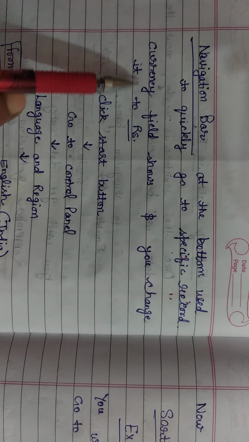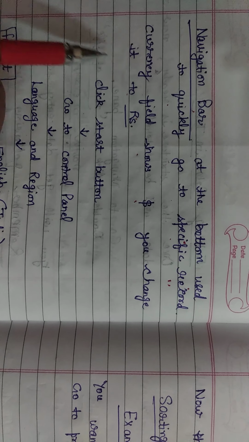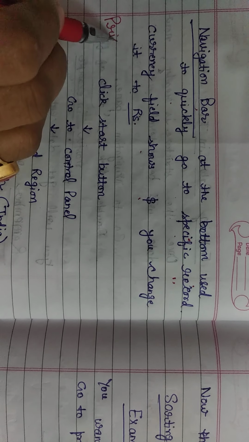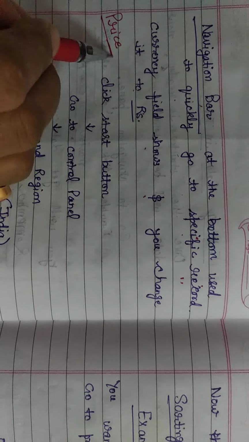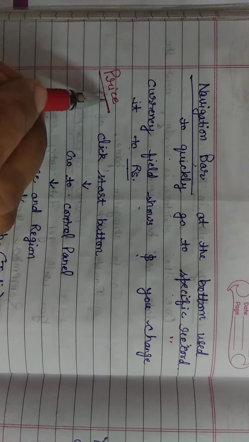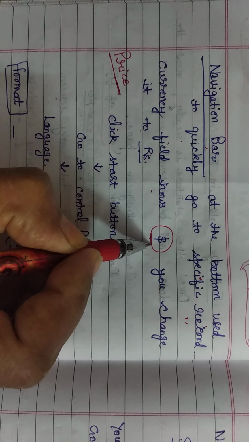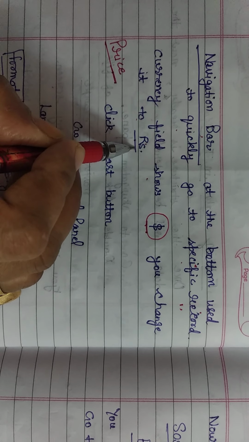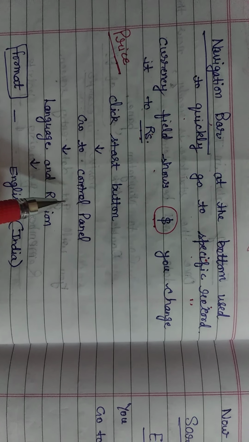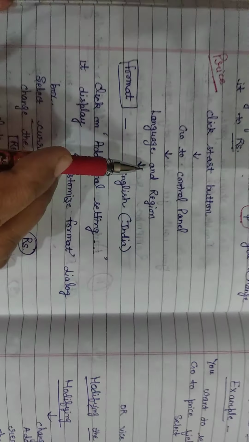Now the currency field shows the dollar sign. In price, we have taken in the example the price of the book. There you will fill the price in rupees, but by default you will find the dollar sign there. Now, since we are living in India, we will enter the amount in rupees. So this is the method with which you can change this currency type.